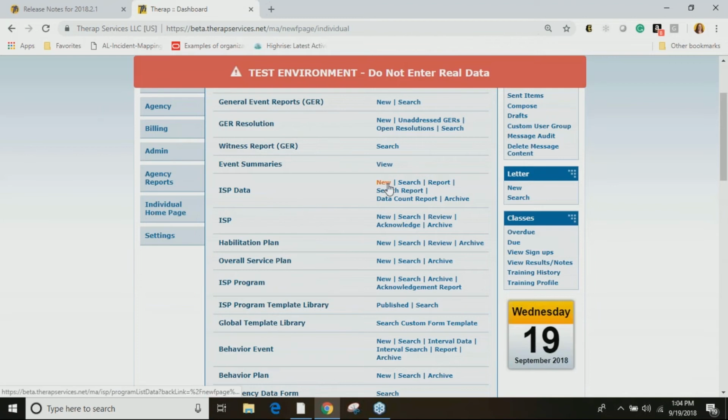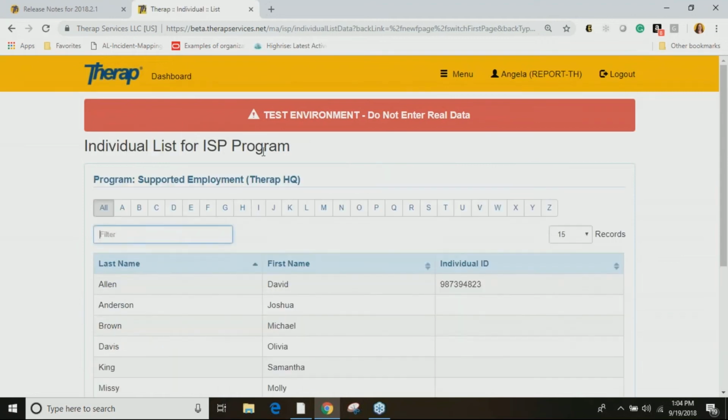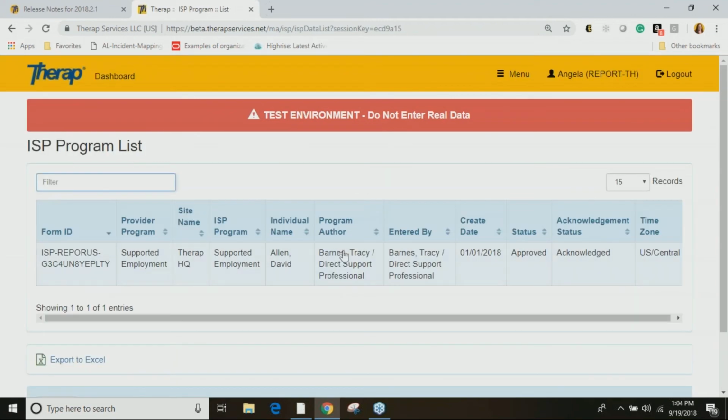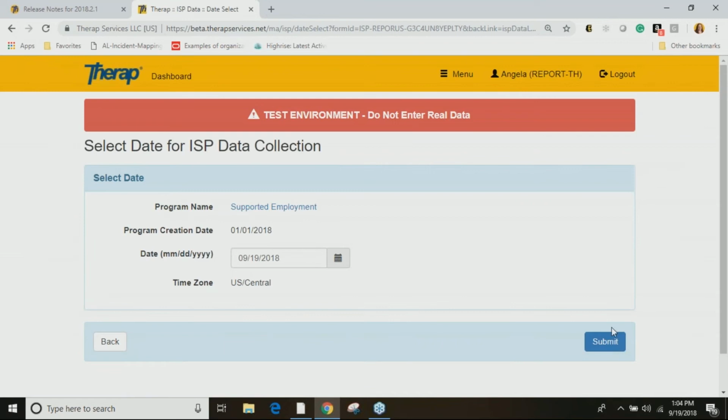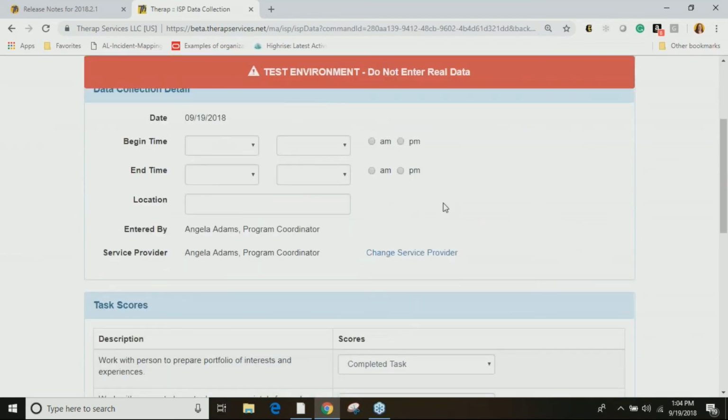So when I go to ISP data new, and we'll go find somebody here. With your begin and end time, right now, if you were to do midnight to midnight, which the system would let you do right now, all of your reports, all of your billing, is going to think that this is zero time, and everything will be calculated as zero.